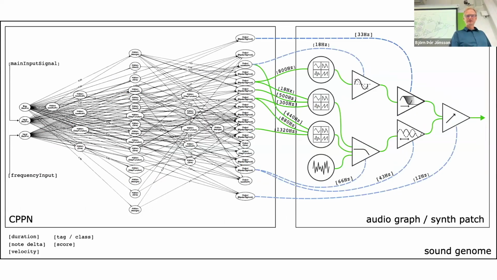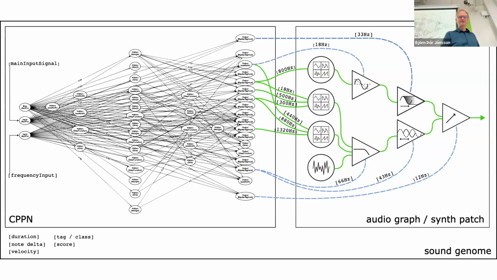And a bit on the audio synthesis approach. So for defining the genomes and synthesizing the sounds, I've been using this homegrown synthesis approach, which is based on the coupling of compositional pattern producing networks, or CPPNs, with DSP graphs, or basically synthesizer patches. And those CPPNs can have different activation functions at each node, and they were initially proposed as an efficient developmental encoding for unfolding development during evolutionary processes. And the idea is that this could also be interesting for unfolding timbral development.